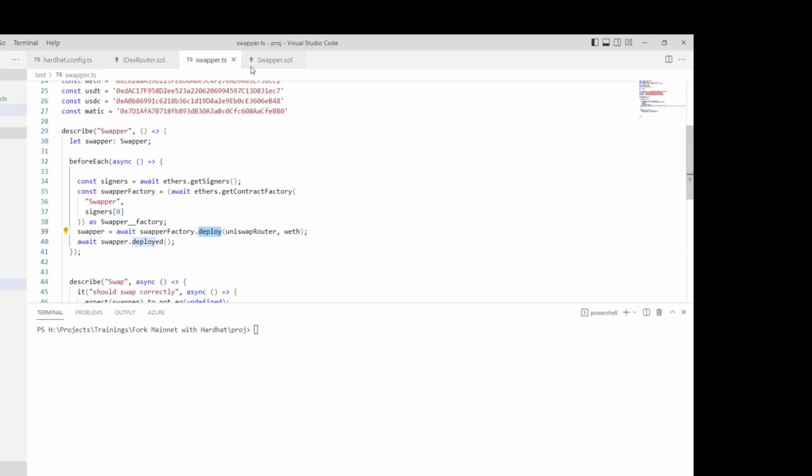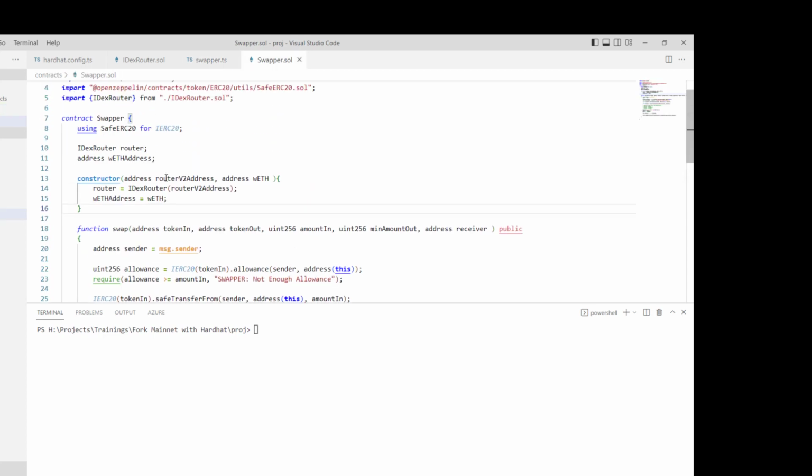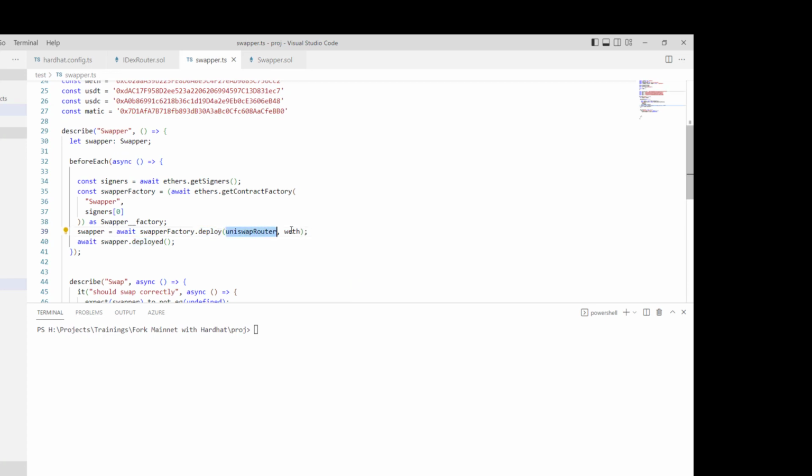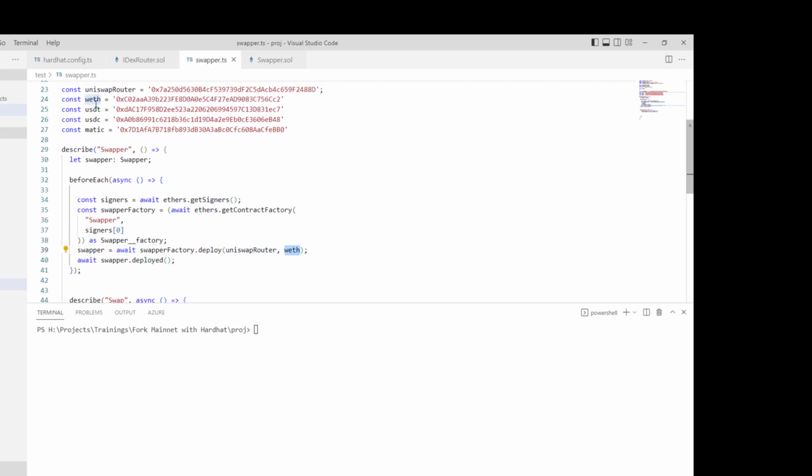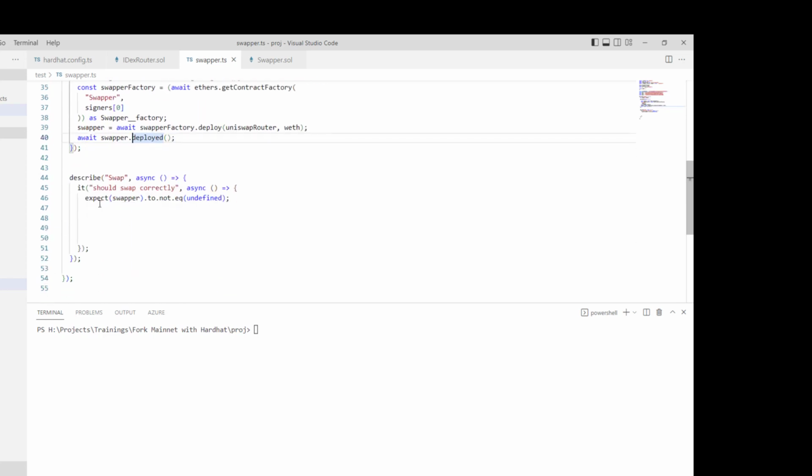Of course, we have to specify the router address and then the wrapped ETH address. So we put in our router and the wrapped ETH, which we already have from here. So now to our real test. All these are set up. This is the test. The first thing we check is to make sure that the swapper actually deployed